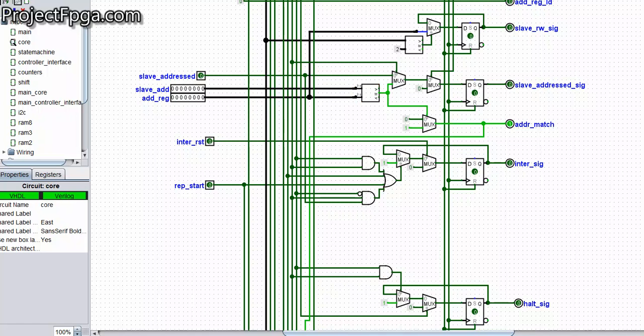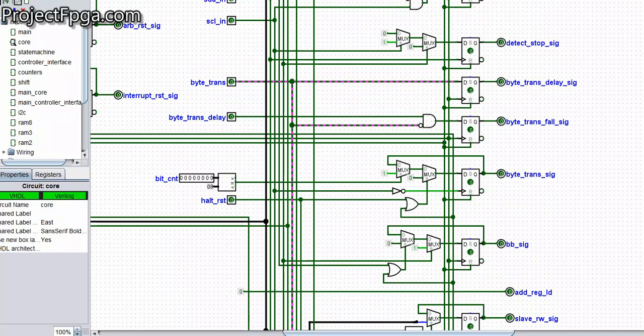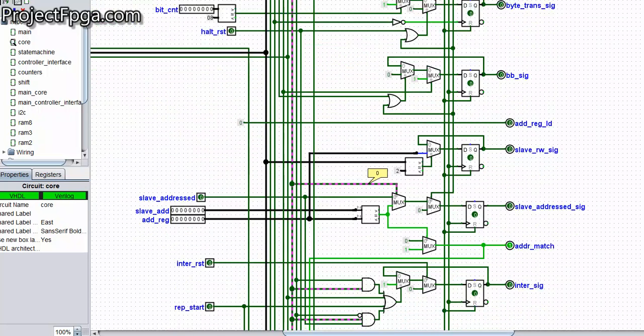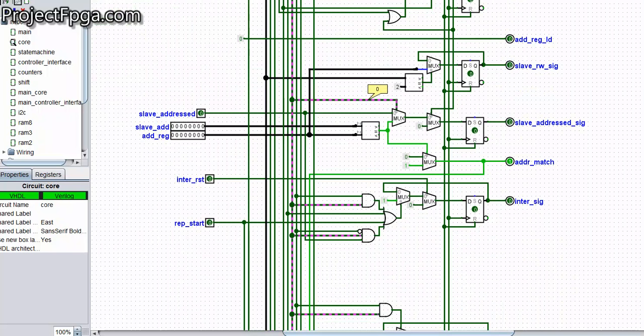So let's see what it checks for this. I've highlighted what turns on the multiplexer. Remember bytrans, I told you that the bytrans comes on once the data has been received. So this bytrans is used to turn on this multiplexer for comparing. Whenever this bytrans signal comes on, that is, it has received the whole 8 bits, and when